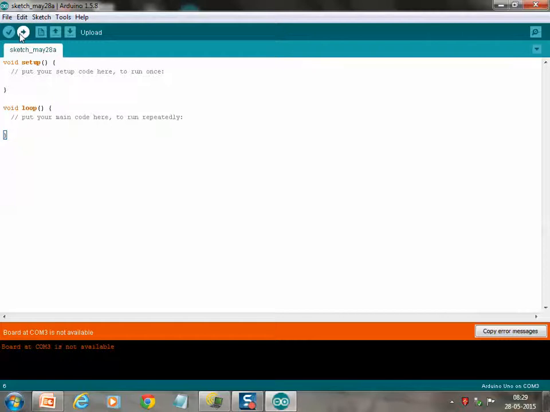Okay, meaning when you click upload, what happens is this program is compiled into a C program and, through the bootloader, converted into an executable program and then passed to the Arduino Uno board. Indirectly, all the code you have written is converted, compiled, and then uploaded, which is also known as burning. Some people term it as burning the code to the board.